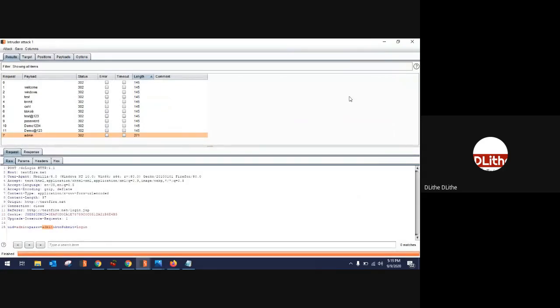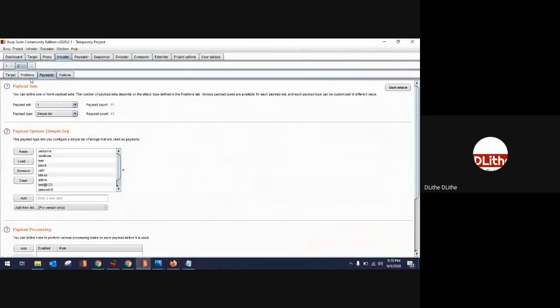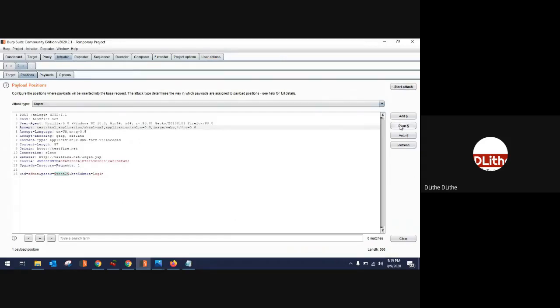Clear? So this is the first scenario, where you know the username but you do not know the password. Let us go for the second scenario. In the second scenario, it's the same thing, and the selection part is exactly the same. The only difference is make sure you select the username and click on add, and select the password and click on add. Always remember, select and add the username first, and the password second. It depends upon which one you selected first and which second. Please be aware of that. Just for ease, always select the username first and add it.